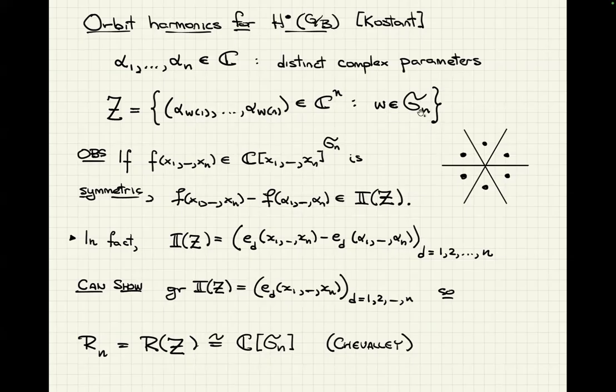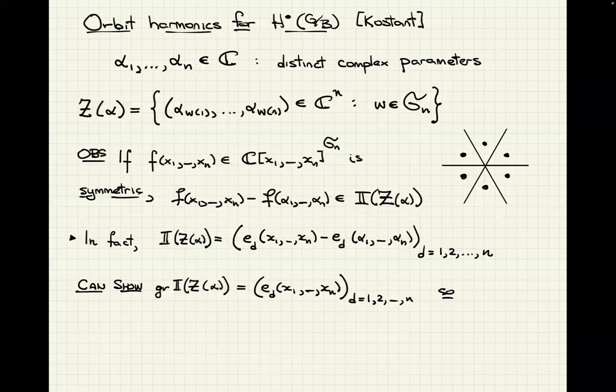So you take alpha 1, alpha 2 up through alpha n, you regard it as a point in n-space, and you permute the coordinates around, right? So you have now n factorial points because you assume that the alpha i were distinct. And the observation that you can make,